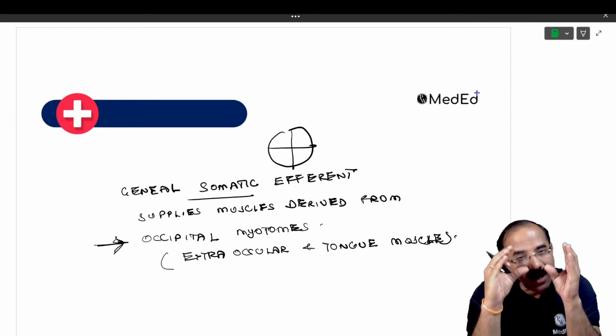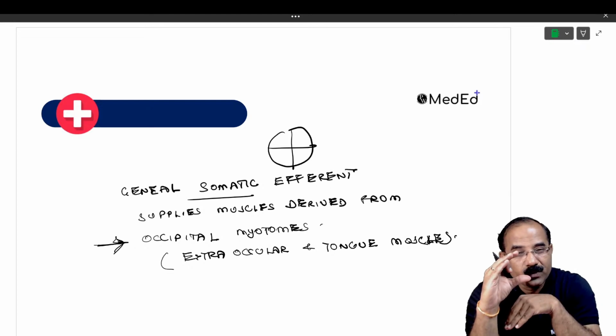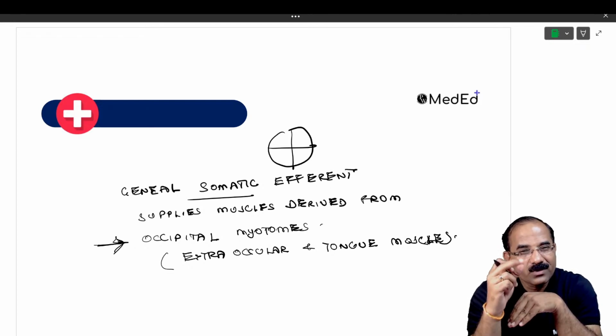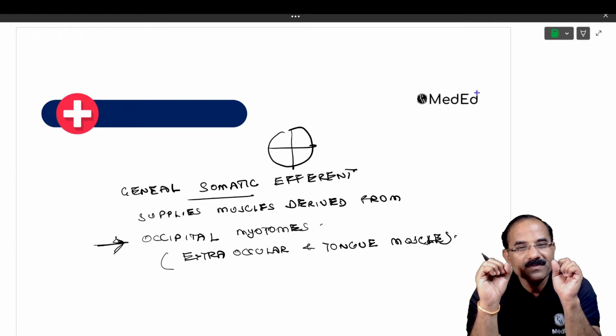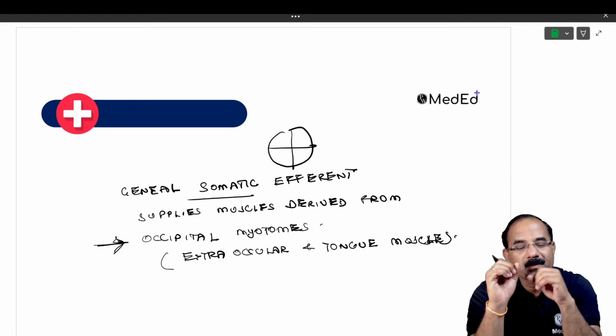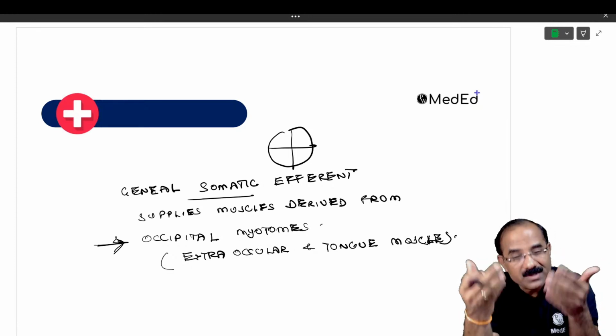The part that forms from a pharyngeal arch gets its sensory nerve supply from that arch. Anterior 2/3 is formed in which arch? First arch, so its nerve supply is different. Posterior 1/3 forms from the third arch. Understand? So that is the sensory nerve supply. Whereas the motor nerve supply of the tongue, the muscles of the tongue, are derived from occipital myotomes.